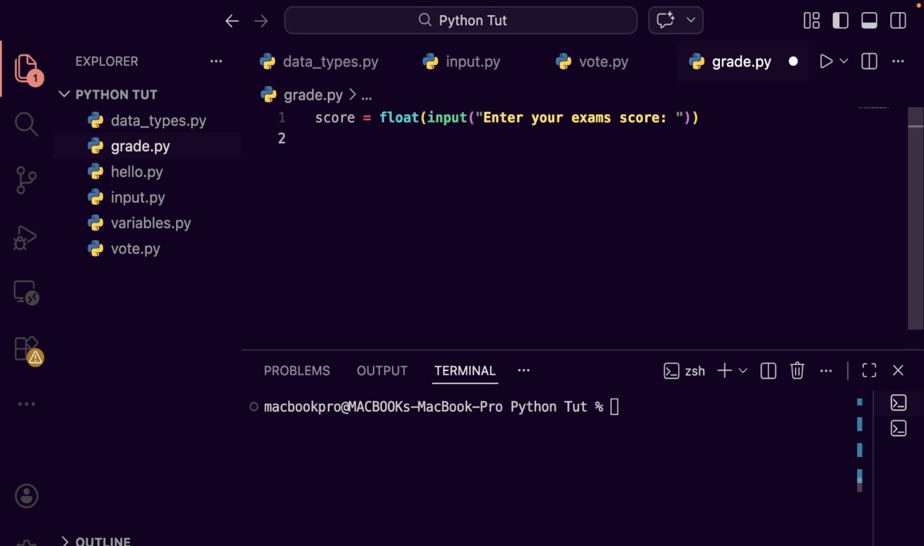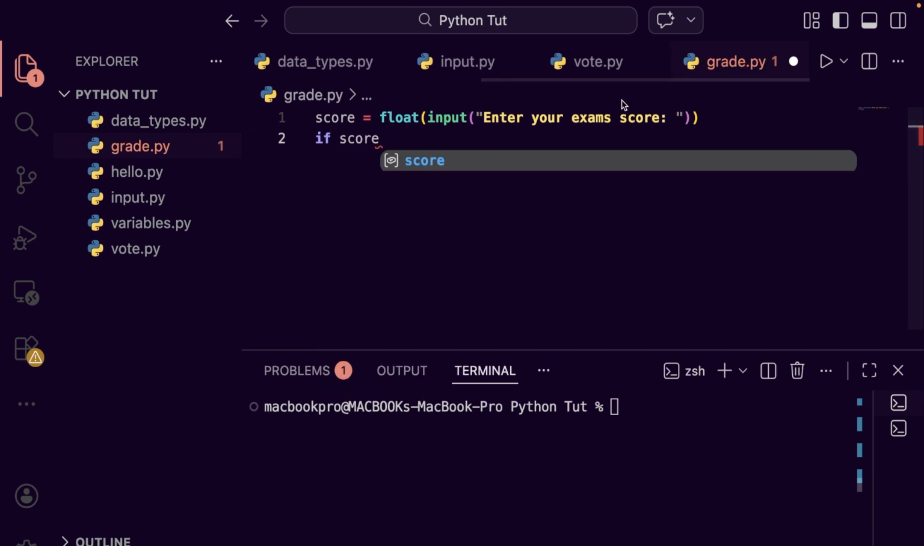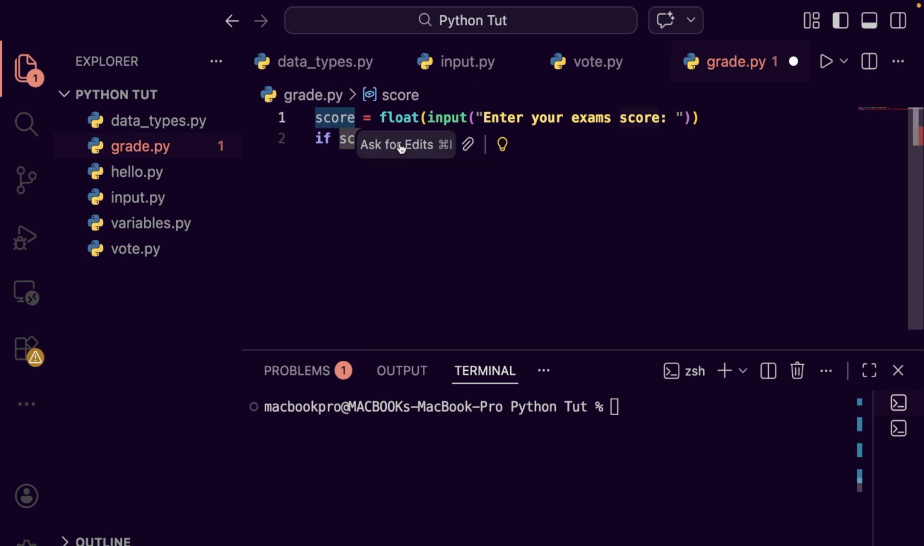Okay, so we are going to check to determine if a student passed an exam based on their score. So this is a condition. We say if score, because their exam score is saved into this variable called score, if score is greater than or equal to 90,